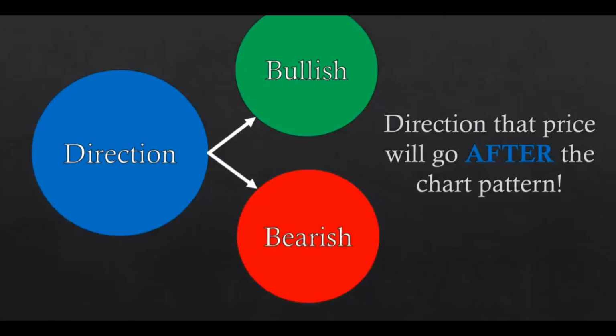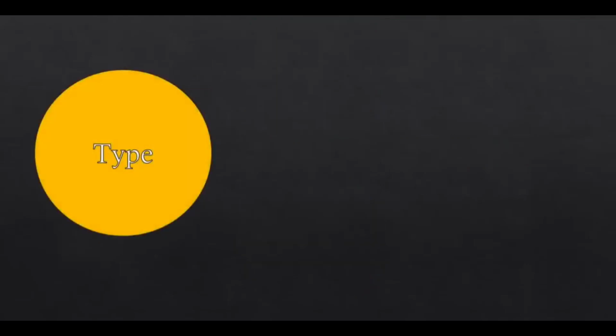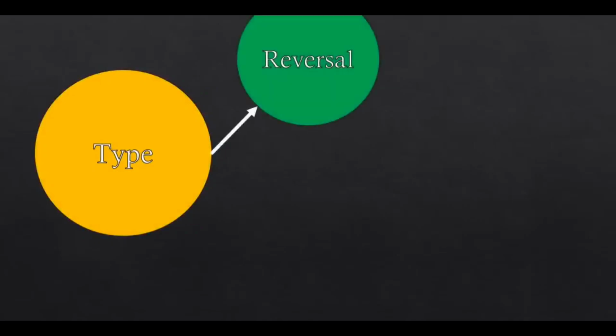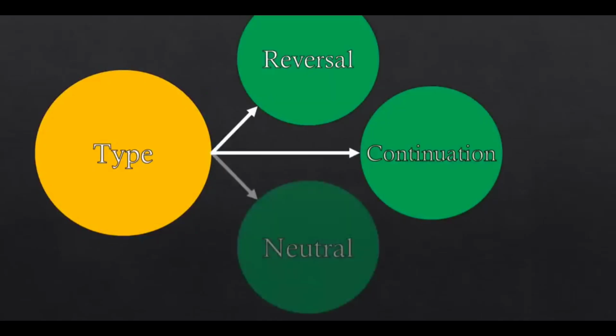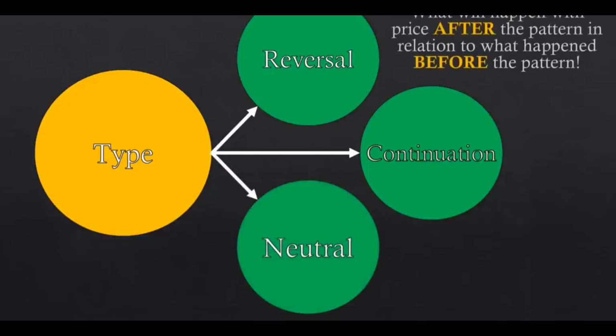Beyond the direction classification, we also have another type of classification that adds on top of the first one, which is the type. There are three types of chart patterns: the reversal patterns, the continuation patterns, and the neutral patterns. The type classification tells what's going to happen with price after the pattern in relation to what was happening with